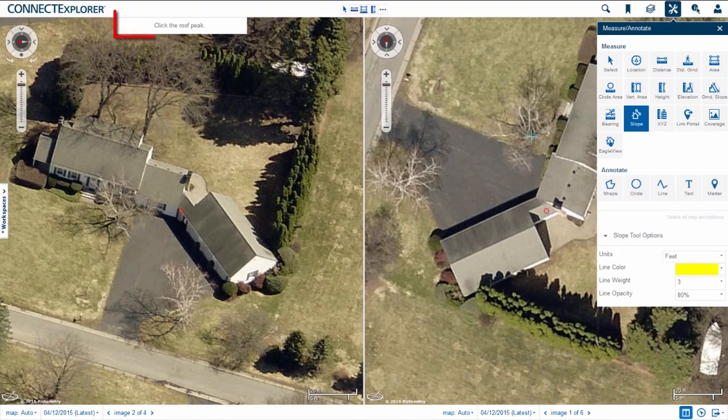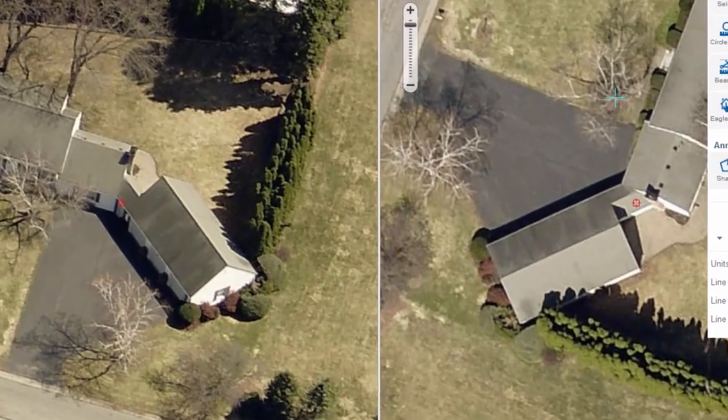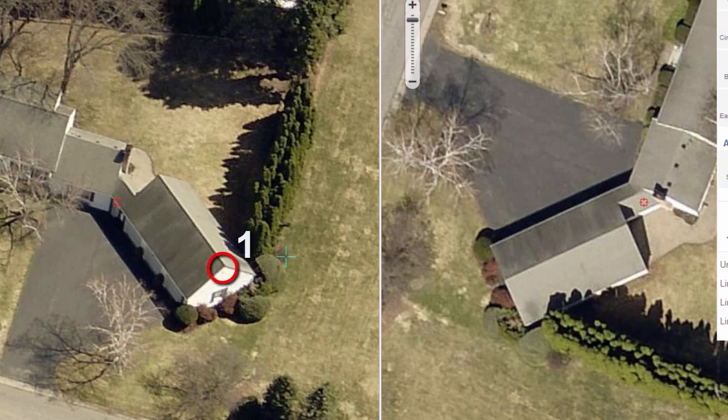From here, instructions appear on your screen, directing you where to make a specific sequence of single clicks. First, click on the roof peak within the left pane. Make your second click within the same pane on the eave of the roof. Your third click now needs to happen in the right pane on the roof peak. Try your best to click on the exact same point as your initial click. Finally, on the right side, make your fourth click on the eave of the roof, the exact same point as